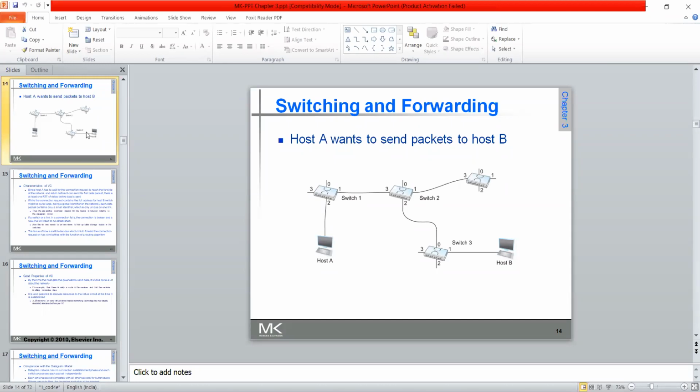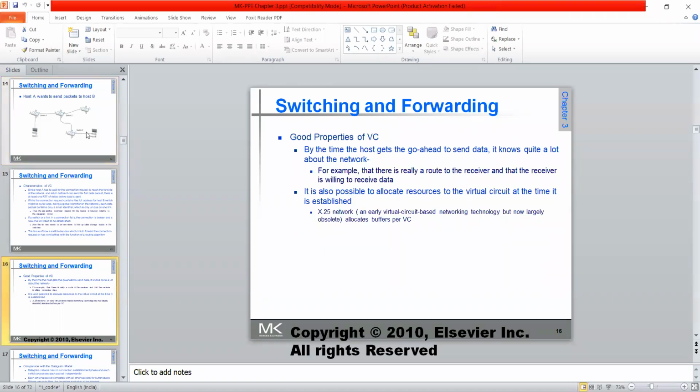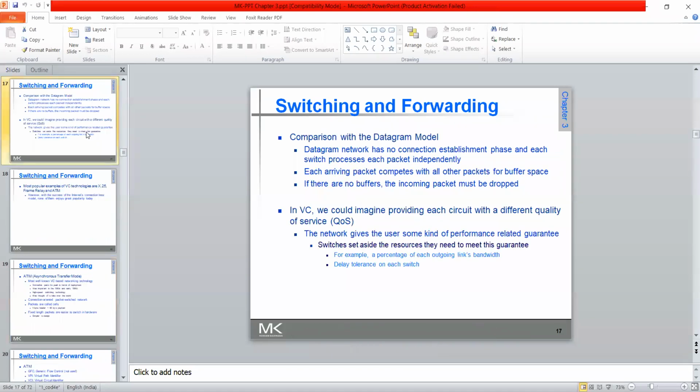Once it has been decided, the packets will keep on being sent. In the last class we discussed these things, and we also discussed the good properties of virtual circuits, how a confirmation will be there, and that it is used with the X.25 network, which is usually used within banking networks. ATMs also use this type of connection oriented service, where a confirmation of the connectivity is there and the packets move in one particular definite path.